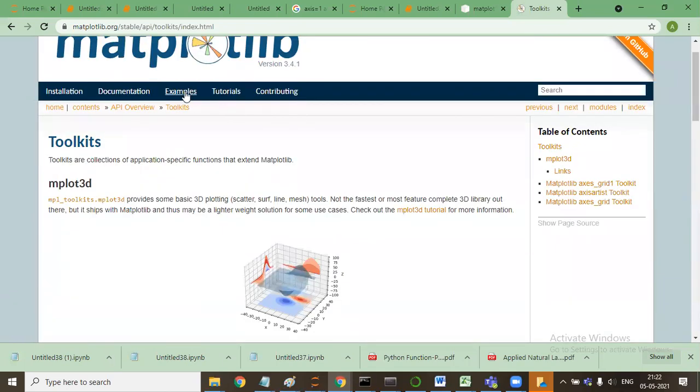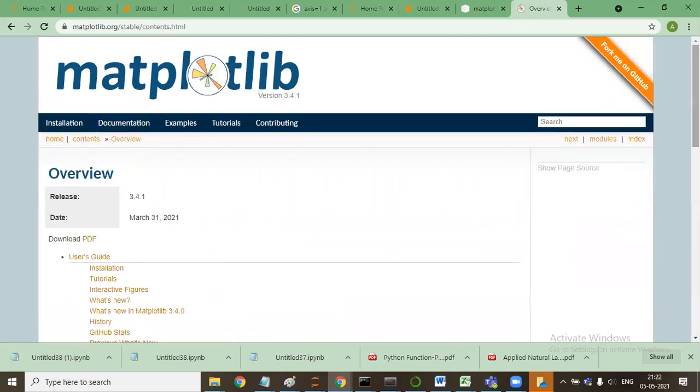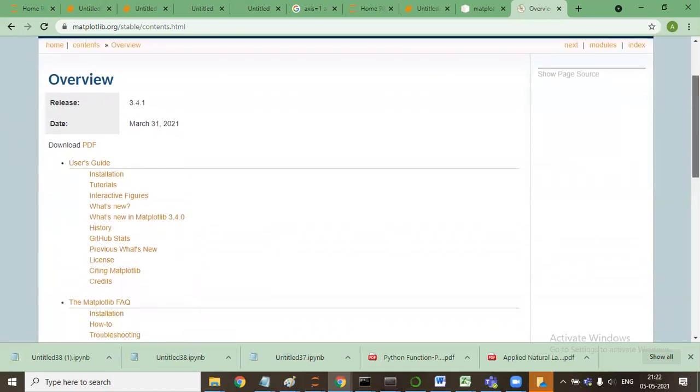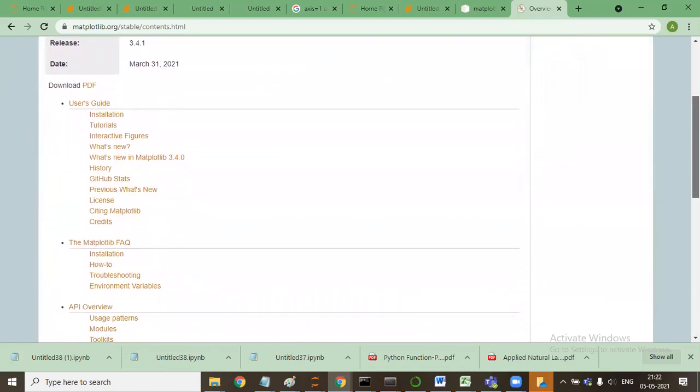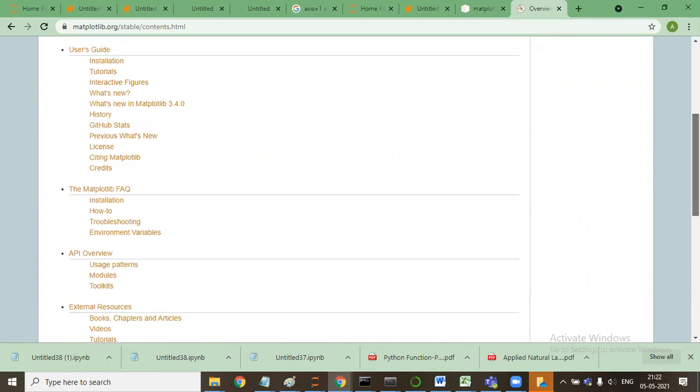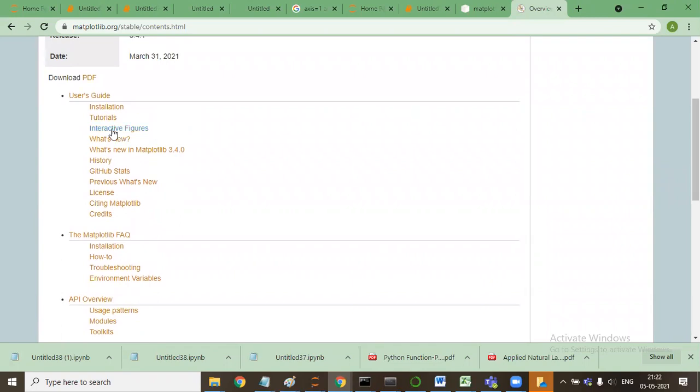This site will have the entire thing: installation, tutorials, environment variables, toolkits, and what the different functions are and all the things you can use. Personally, I go to the online documentation to learn about it.